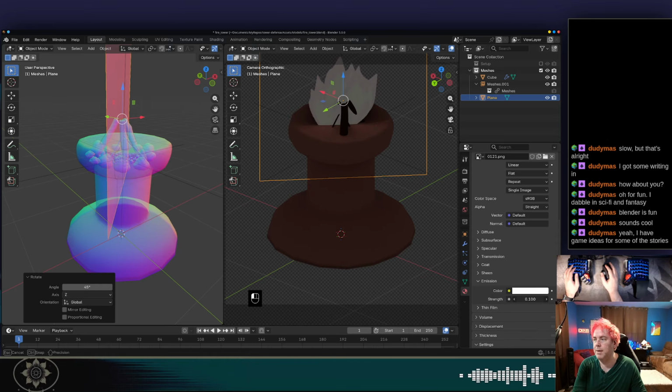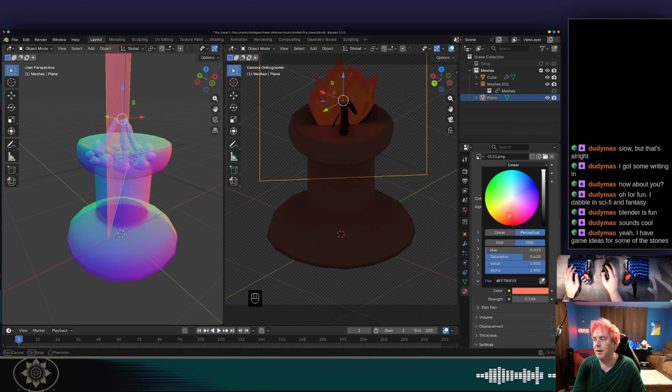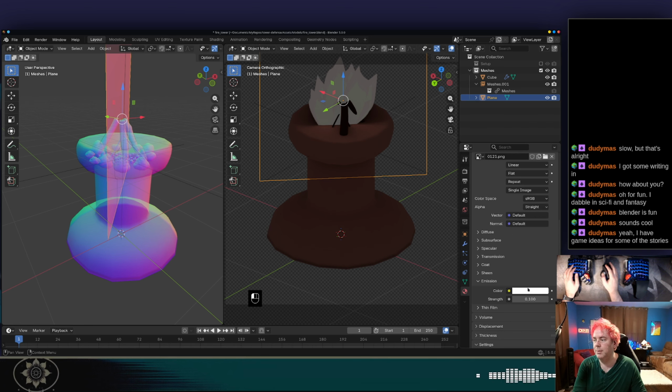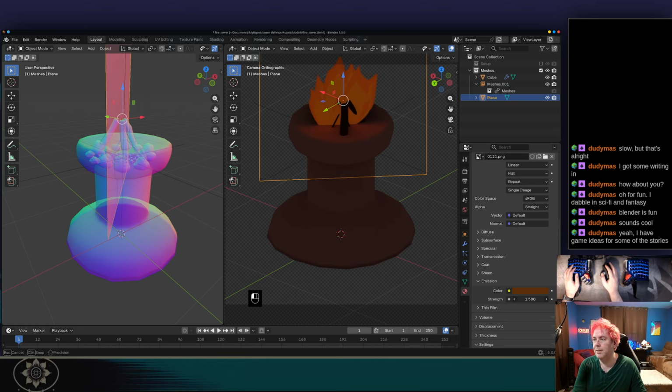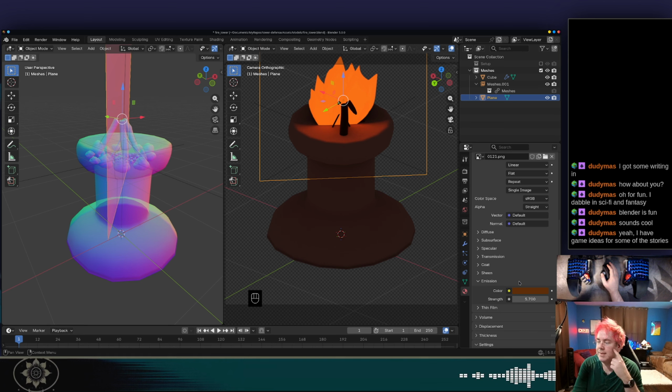We want it to emit some light. Oops. Can we pick that? No. Kind of a reddish orangish light. Okay. And then dial up the strength. So the problem is doing that washes out the, oh right, so this needs to